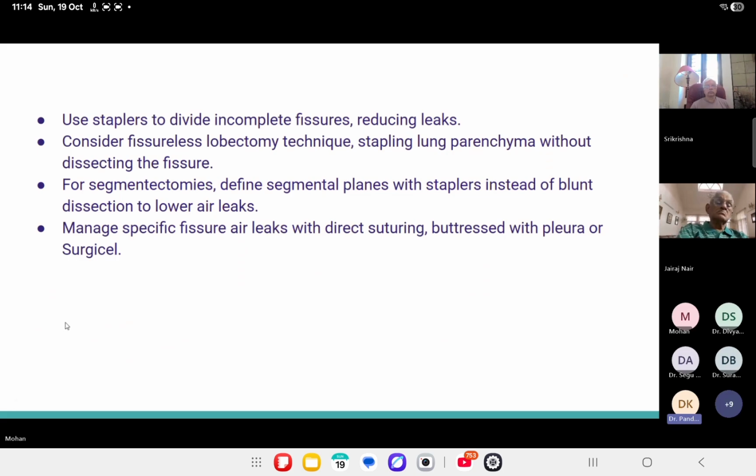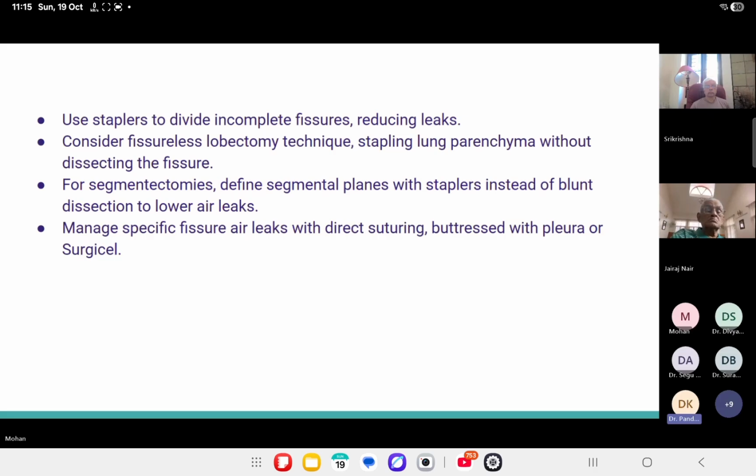People use a fissureless technique or fissureless surgeries for avoiding this, and use staplers to avoid incomplete fissures, reducing leaks. Consider fissureless lobectomy techniques using stapling of lung parenchyma without dissecting the fissure. For segmentectomies, define segmental planes with the staplers instead of blunt dissection to reduce air leaks. Manage specific fissure air leaks with direct suturing,